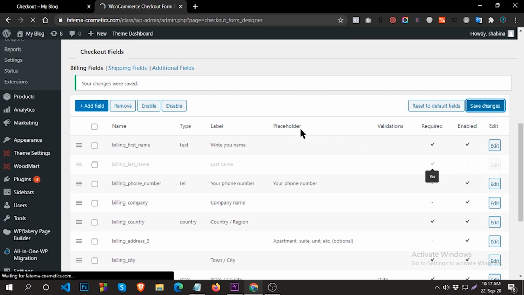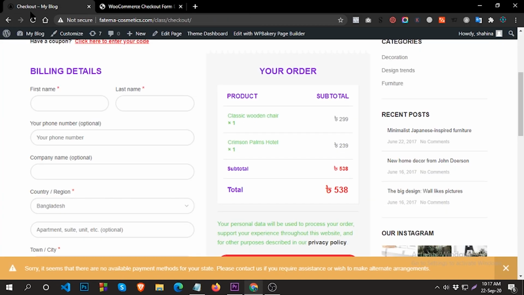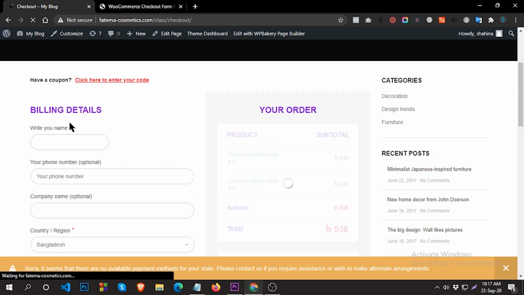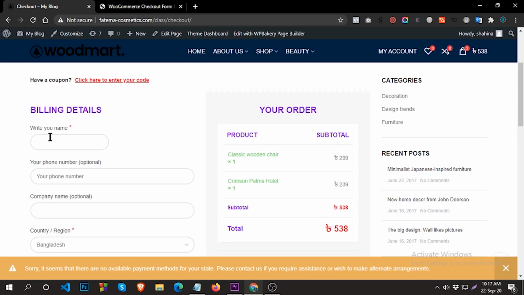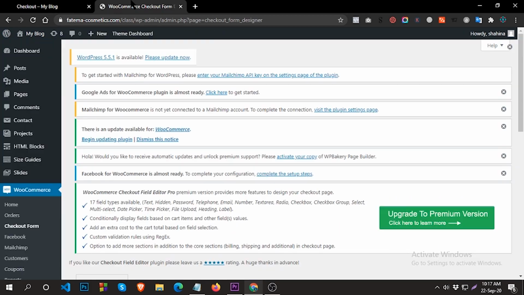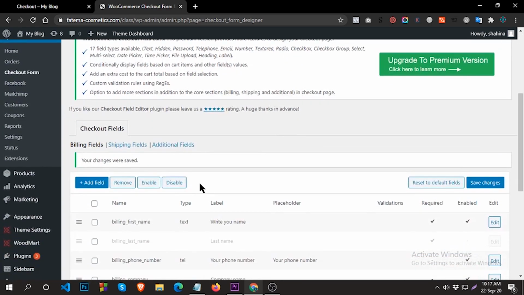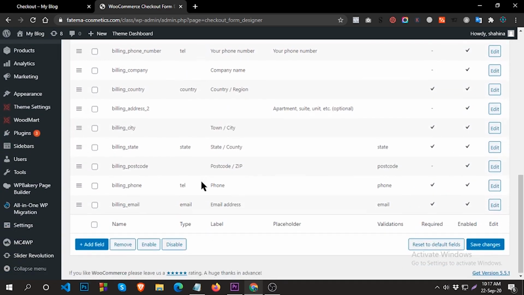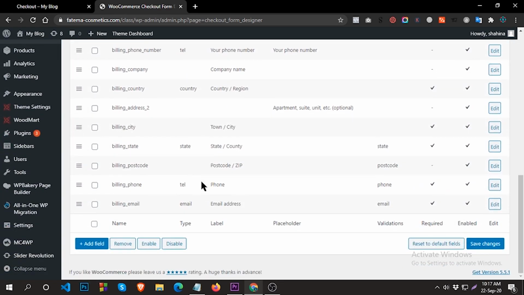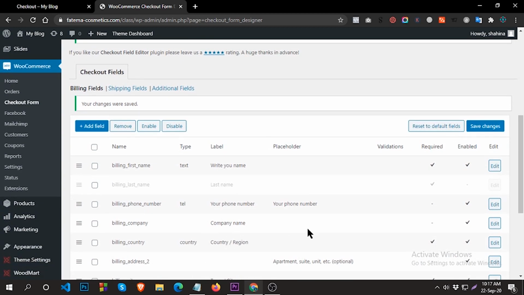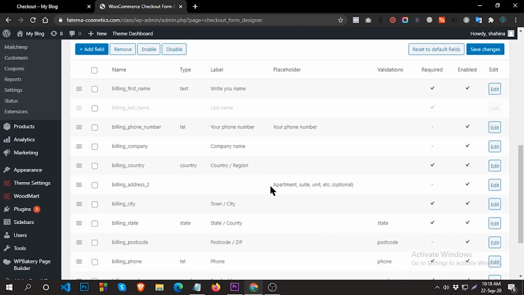Click on it, Save Changes, then refresh your browser. You can see the label has been changed. You can also add a new field, remove, enable, or disable from the bottom. So this is a very easy and fast way.